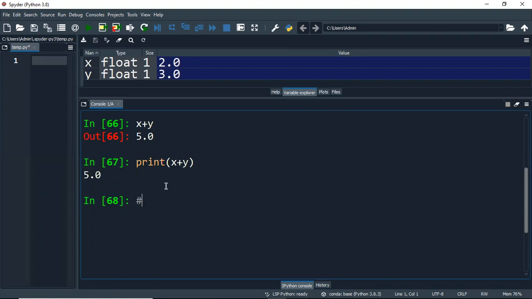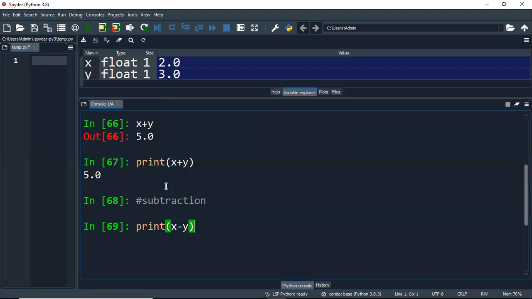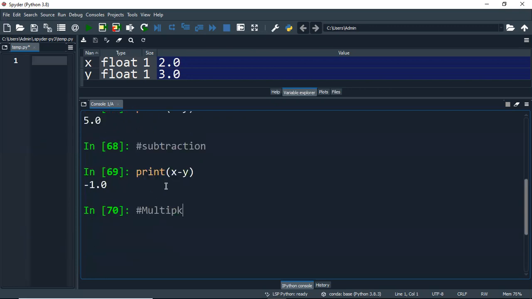The other one is subtraction. Now I directly give print of x minus y. So here I am using the minus operator, and the output is negative 1.0. Then I use the same approach for multiplication. Now I give print of